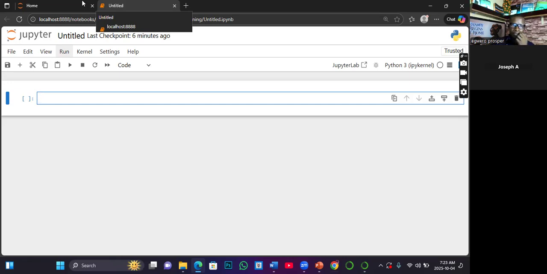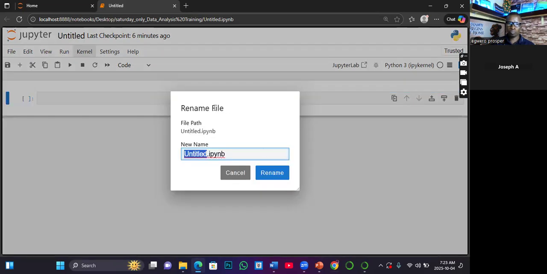Now, for that reason, your notebook should have a name. Right now, it's showing untitled. So the first thing we want to learn is how do I give it a descriptive name? Just click on where you have untitled. Once you tap it, it will prompt you a dialog box like this. Now, this dialog box has an extension.